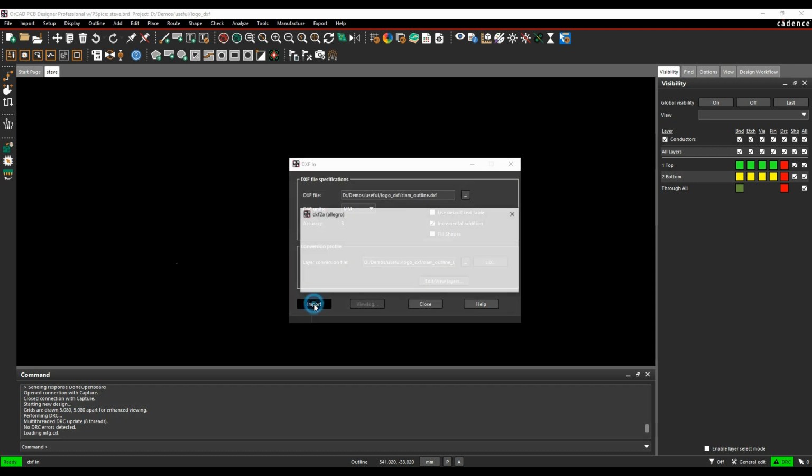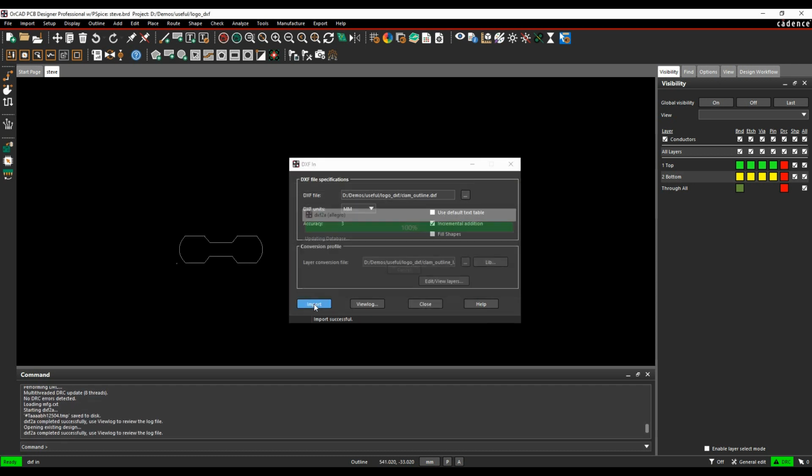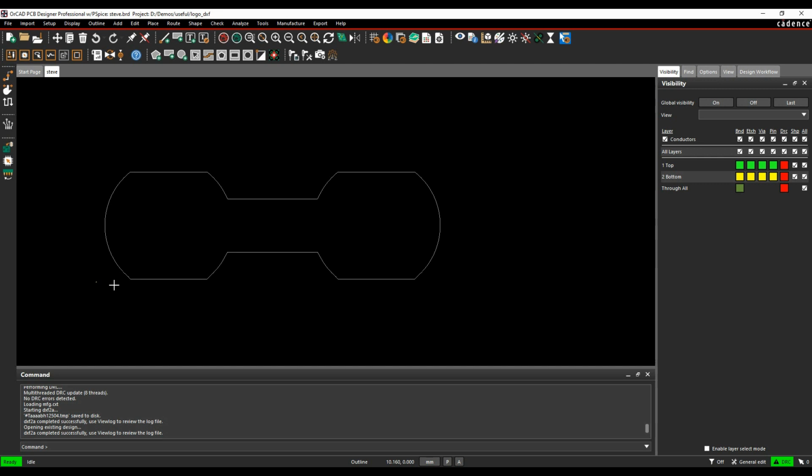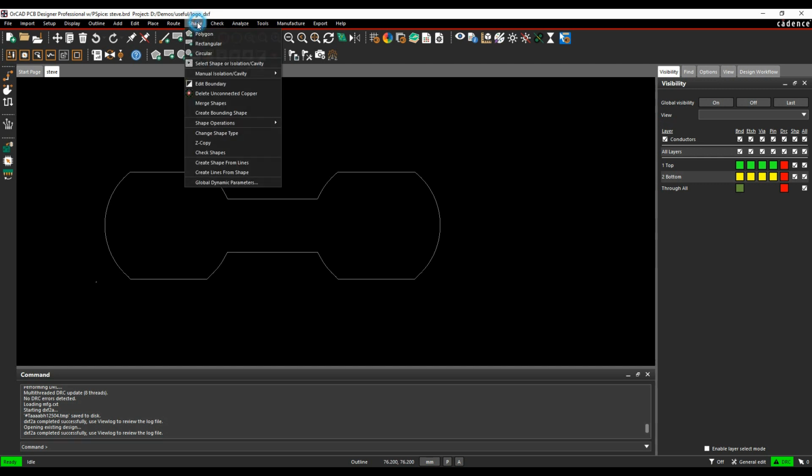And then I'm going to import the DXF file. So that then brings in my DXF file onto board geometry design outline. These are the individual line segments. There's a 0,0 location. So what I'm going to do now is I'm just going to use the shape, create shape